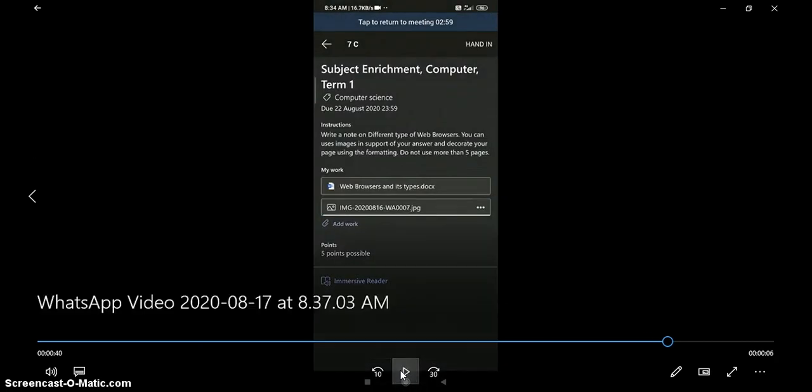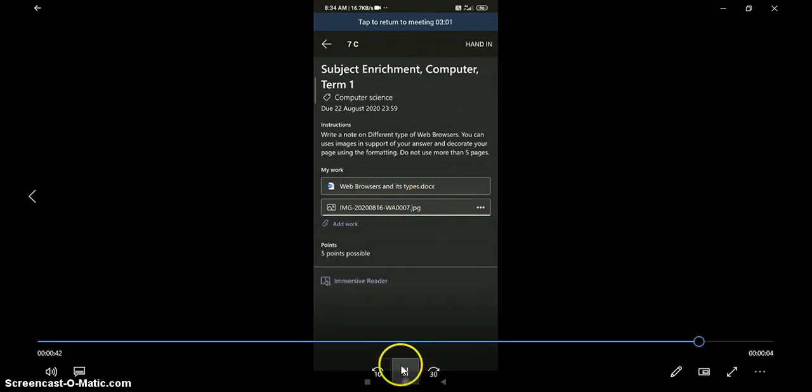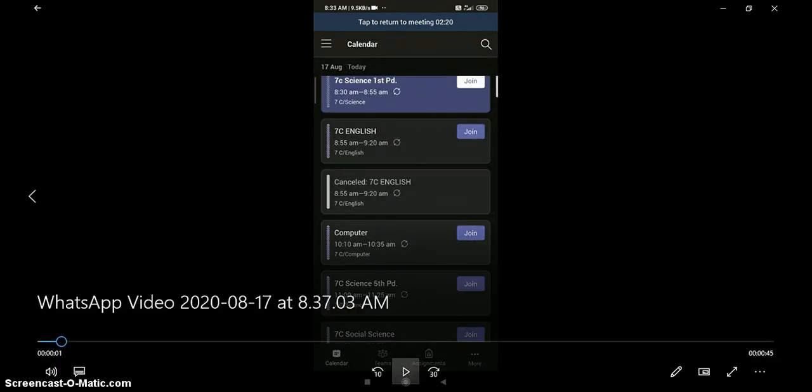And then when you click on that, it gets attached. You can attach as many as 10 files, and then you have to click on this hand in button, and if you want to remove your file, you can remove it also, and in this way your file gets submitted.